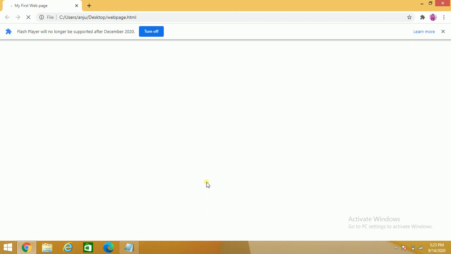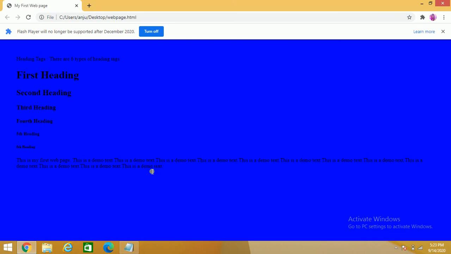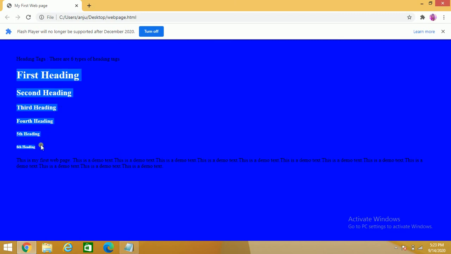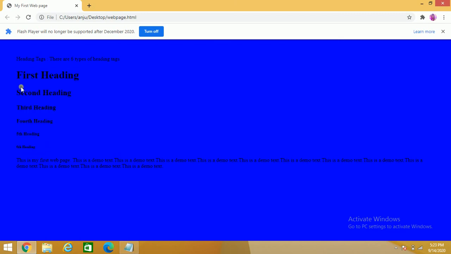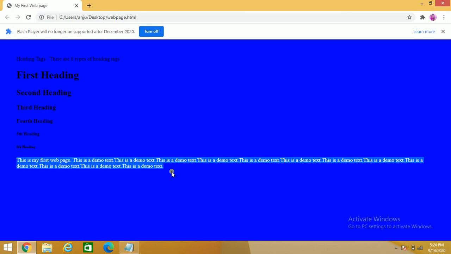So this way you can create, means it's very easy, and there are more than 400 commands which you can learn if you want, but I will go according to your course. So till then my page you can see. Yeah, so as I said, there are 6 different types of heading commands. So see, 6th heading सबसे छोटा आ रहा है, and H1 was, you can see the सबसे बड़ा is your H1, then H2, H3, H4, H5. And if you want to write some paragraph, you can use P.